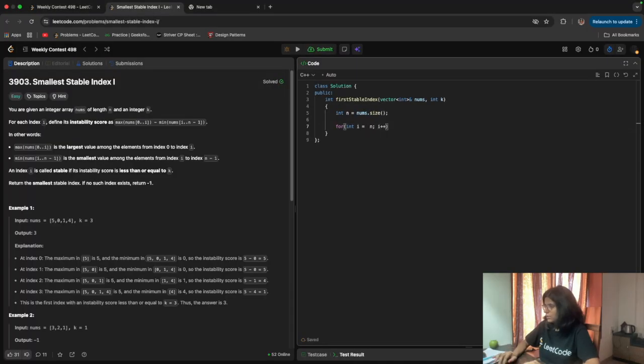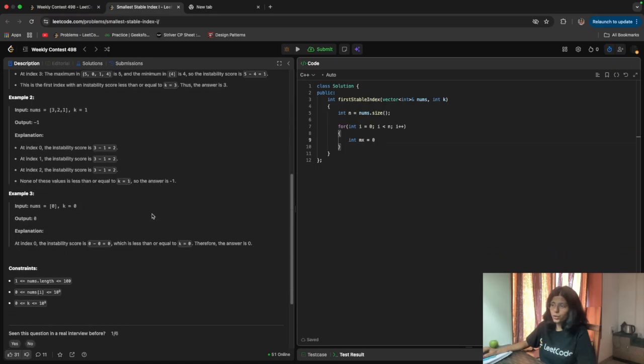And we need to find the max value, so int max is equal to 0, because they have told us nums size will be greater than 0. We'll run a for loop for int j is equal to 0, j is less than or equal to I, j plus plus.